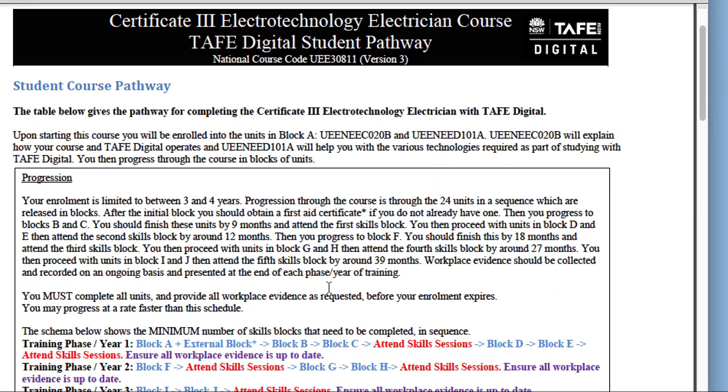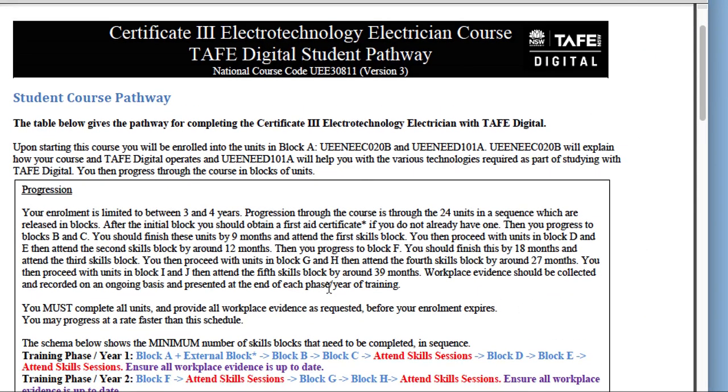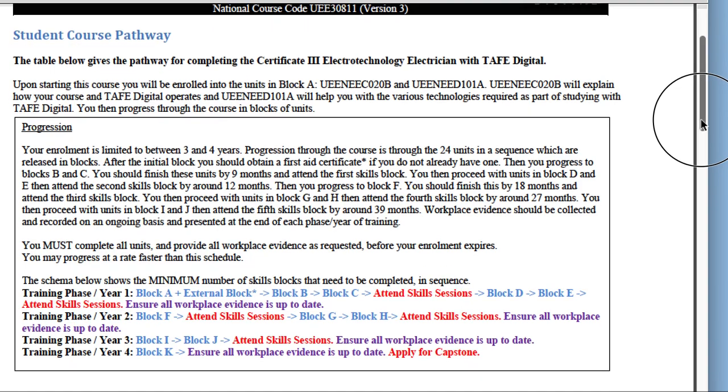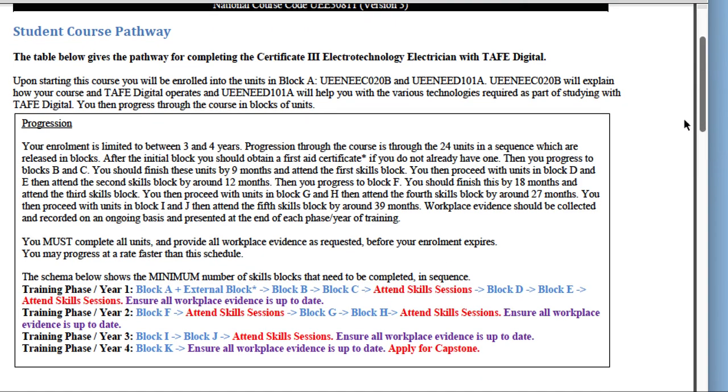For Certificate 3, it's laid out again similar. It's a more complicated course. It's a 3 to 4 year course, typically done under apprenticeship, but you can be a trade assistant at this time. Progression, again, it's directed in training phase or year indicated. It's not a calendar year, it's just a phase of year of progression, and that goes up for 4 training phases or 4 years. Again, you need the external block, which is the first aid certificate,